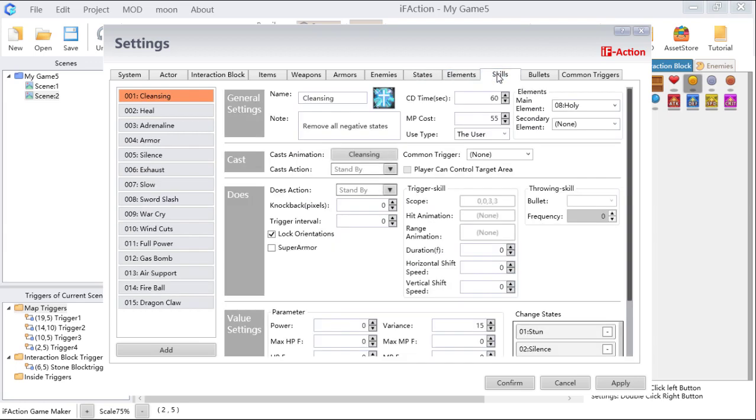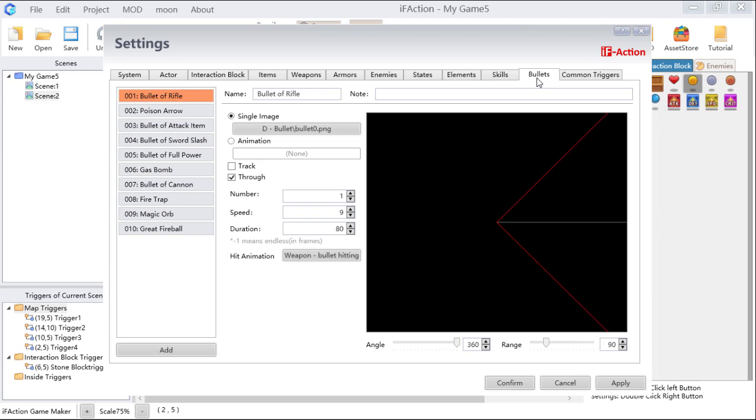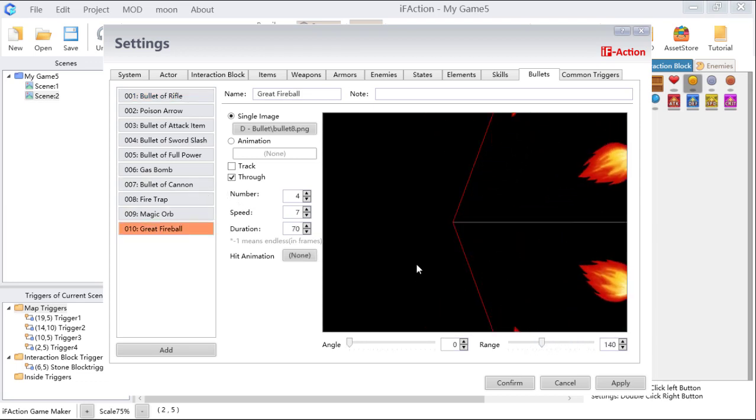We can also find the bullets, and we can try to change his shoot angle. Okay, and there's one issue that needs to be paid attention to. Regardless of the actor's orientation, we have to set the direction to right as the default setting. So don't worry, iFAction will calculate the angle again when you attack. So here you can set the shoot range, and the number of the bullets,